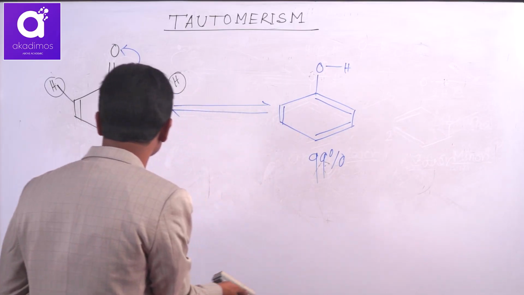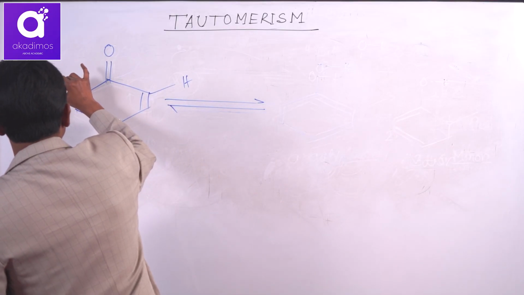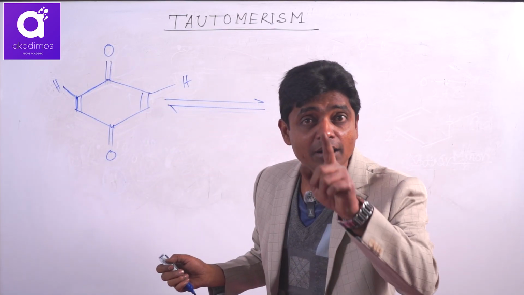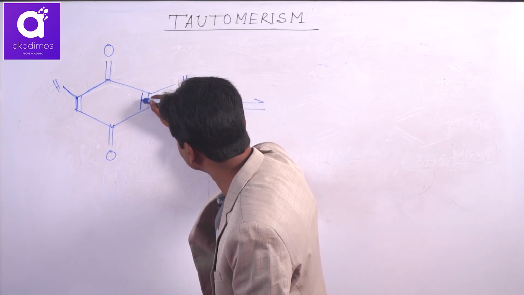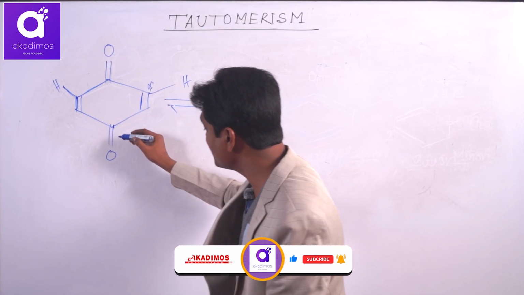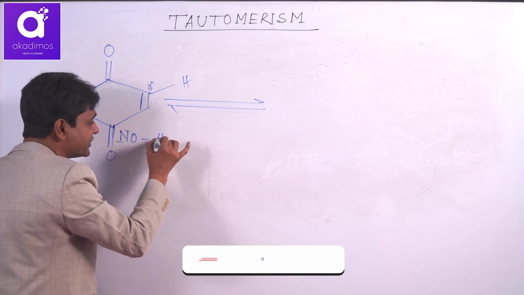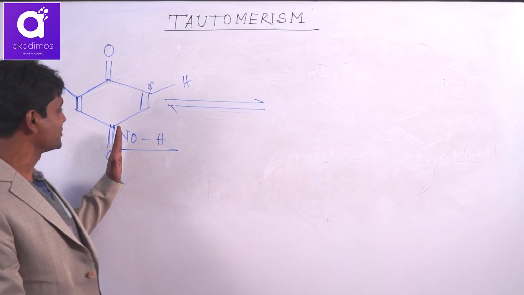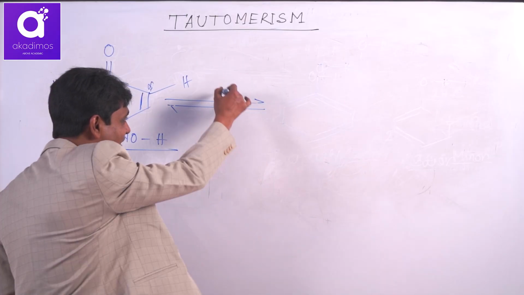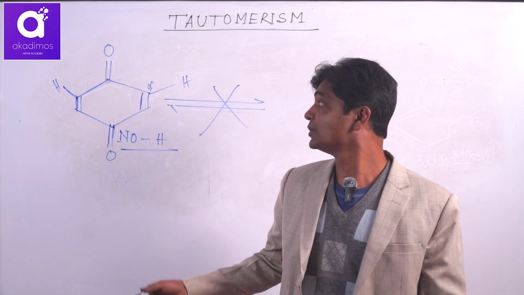Now, if I take this other example, I told you, alpha hydrogen here never participates in tautomerism. Why? Consecutive double bonds in the ring never form. But gamma may participate, since gamma is conjugate with this alpha. But remember, here in the gamma position, no hydrogen is present. No hydrogen at gamma. This hydrogen never participates in tautomerism. That's why it will not participate in tautomerism. Never will you get any enol form of this